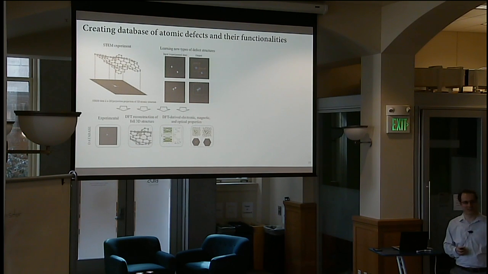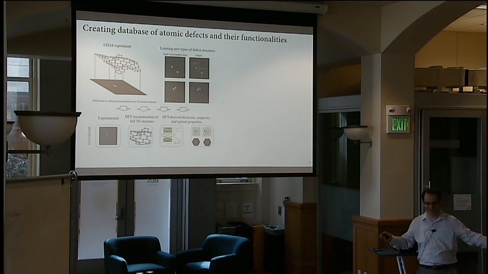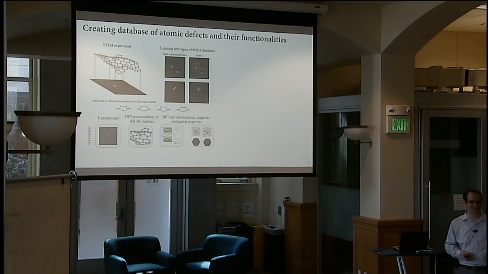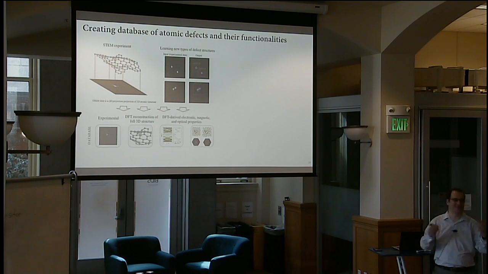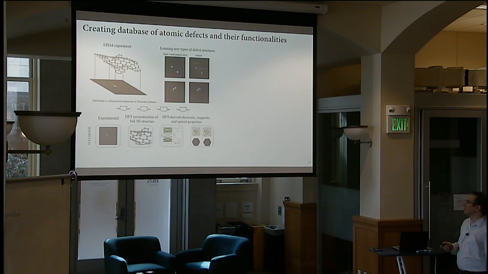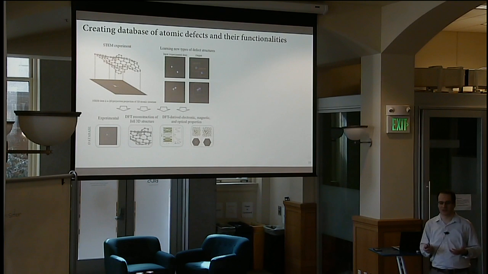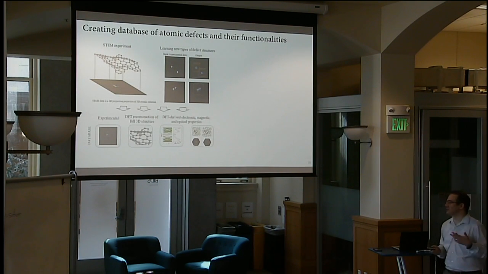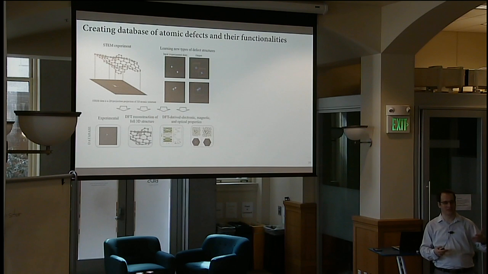So, part of the data is stored on my desktop. Part of the data is stored on the desktop of the operator of the electron microscope and so on. So, one thing that we need to do is create this database of atomic defects and their functionalities. I call it materials ImageNet, in the sense that you create this database, and then just like ImageNet and similar databases are used to train state-of-the-art deep learning models or machine learning models for